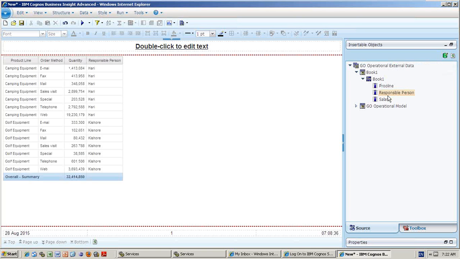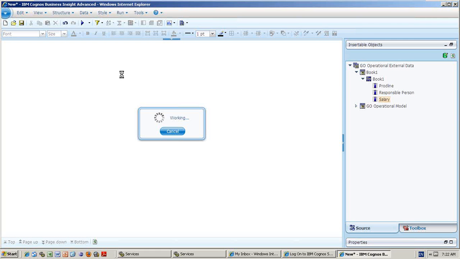You see now, responsible person and the salary. The salary column will also be fetched for Hari, what is the salary and all those things.